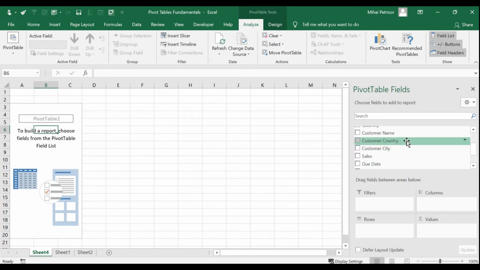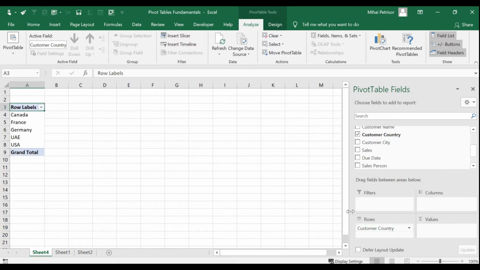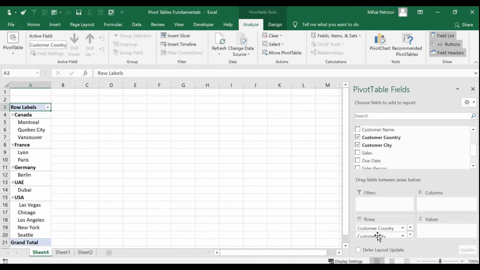So I will add the customer country into the rows area, and here we go, we have all the countries. Then I will add a new row into our rows area. So customer city is the second option in our rows.